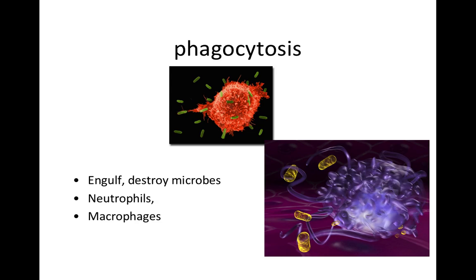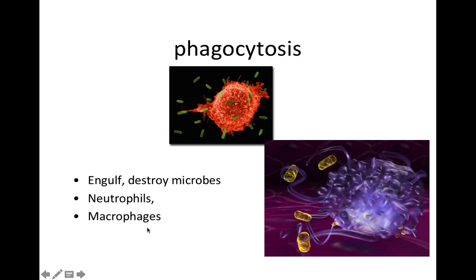So folks, you'll recall that we said part of inflammation was to try to attract and guide phagocytes to the scene of invasion, and their job is to try to engulf and destroy the microbes, right? And the two phagocytes we'll describe, you guys, are neutrophils, sometimes called PMNs for polymorphonuclear leukocytes. They're the EMTs. They're the first to arrive at the scene, maybe within minutes, but they're relatively short-lived, right? And then